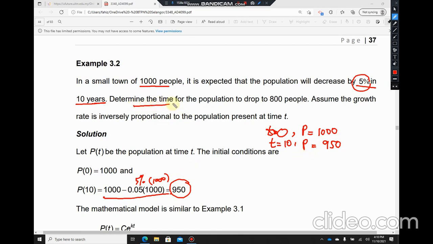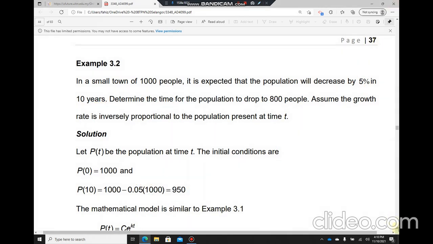Okay, determine the time for the population to drop to 800 people. Okay, determine the time. Maksudnya dia nak time. So, kita kumpul macam ni. What is the time when population is equals to 800? Okay, so bila you all dah ada maklumat kat sini, the mathematical model is similar to example 3.1. So kita still lagi guna formula yang sama, which is